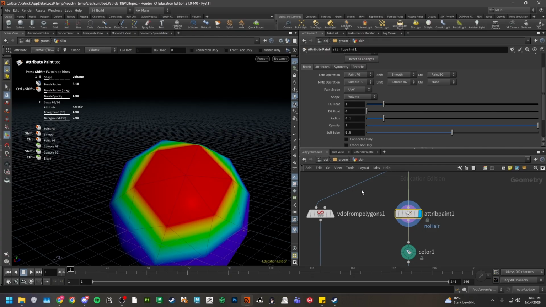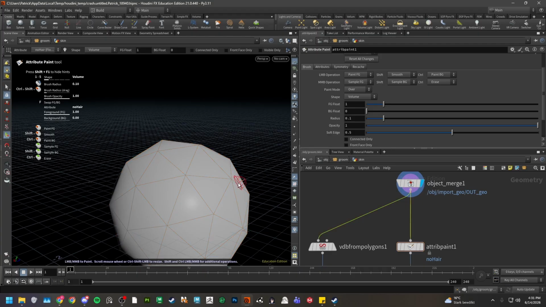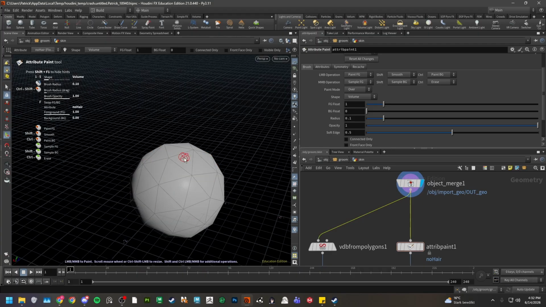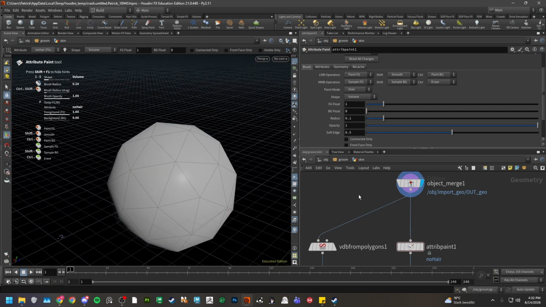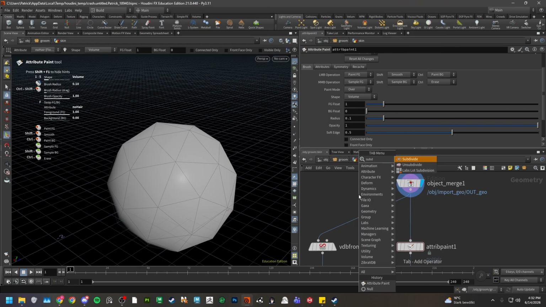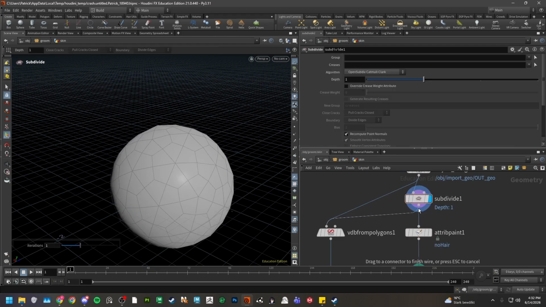So that should give us the information that painting attributes on the skin is dependent on the resolution of the mesh, which will be a problem for us in this case, because we do not have enough resolution on this sphere at the moment to actually paint a good map. What we would probably need to do is drop a subdivide node, visualize it,